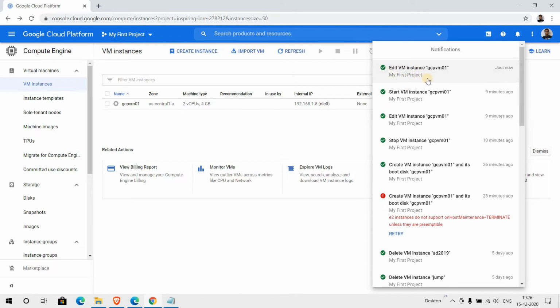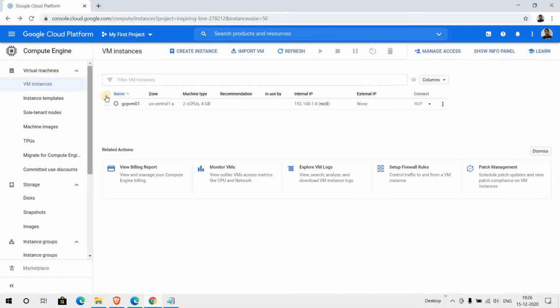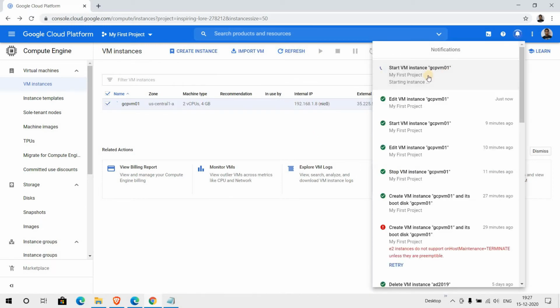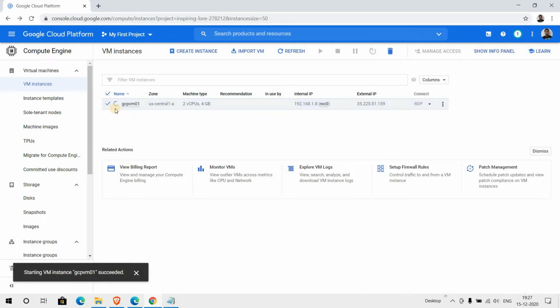This is my project name, my first project. We did some changes, and then you can power on this machine by selecting it and clicking on this icon. Once you click on this, your machine will turn on, and you can see the pop-up came here. You can refresh this console. Also you can see the bell icon here, where the machine is starting up, and you can see this machine is coming up.